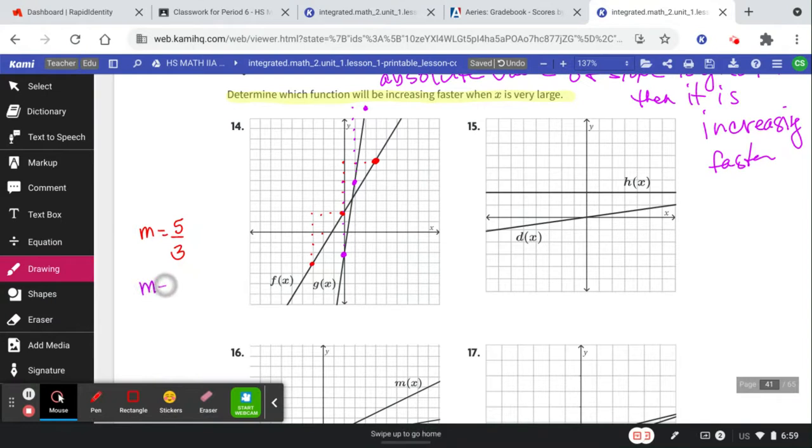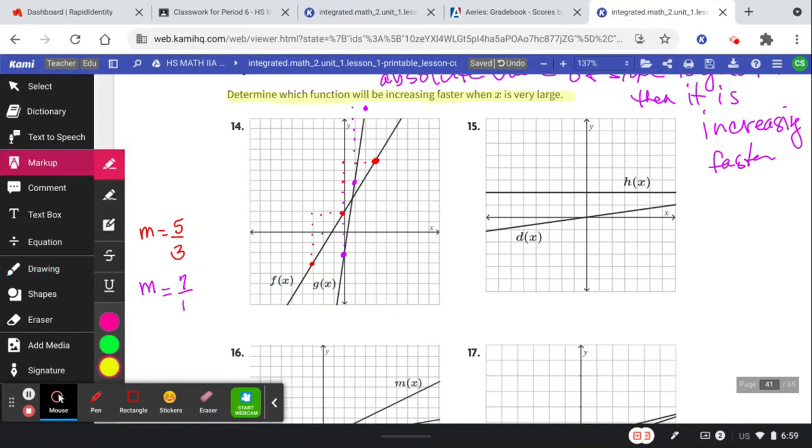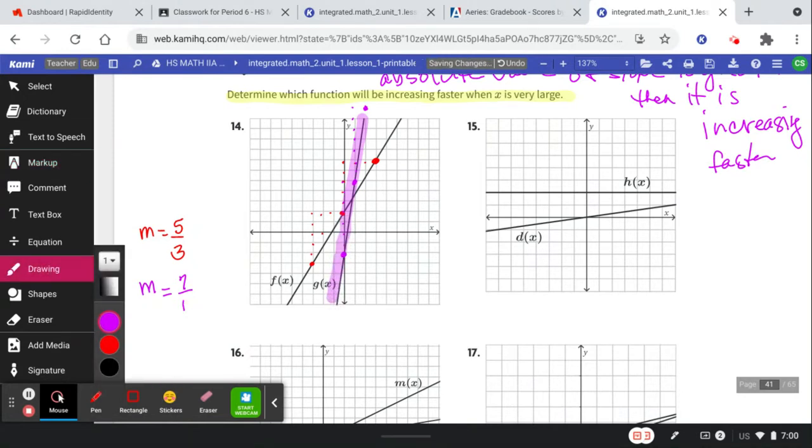So the second graph or function has a slope of 7. So which one is greater, a slope of 7 or a slope of 5/3? And so we would say that this line is increasing faster. And so we're going to go with the purple function,